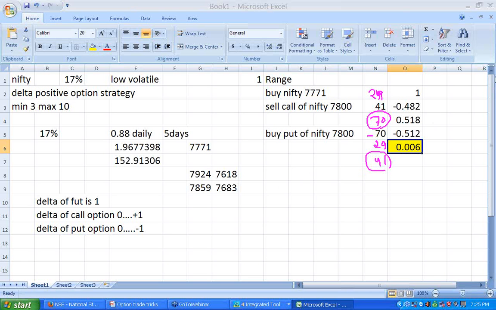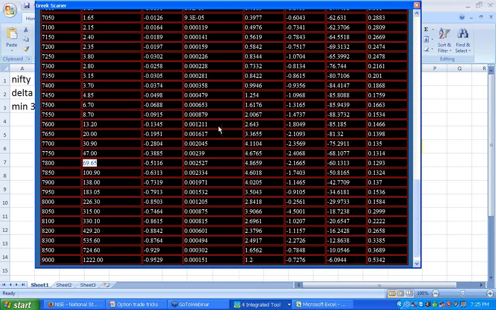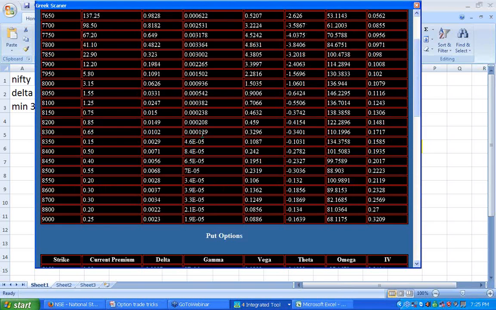So now moving to a stage wherein we are expecting volatility is low and prices are moving up, then have a net delta positive strategy. So the second option, I will be selling the Nifty. Why did I sell? I just want one big delta. So I have just sold a Nifty with a -1 delta. Now I will hunt for a call option and buy multiple lots